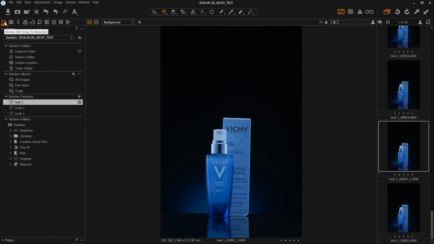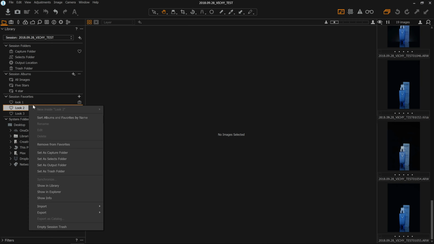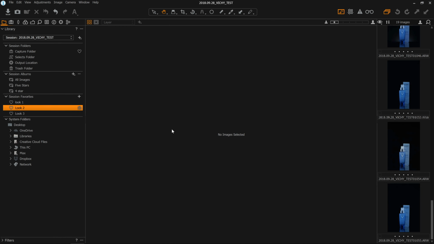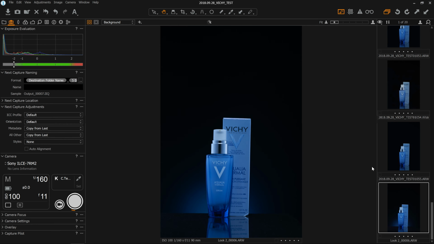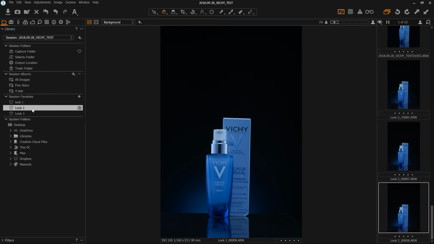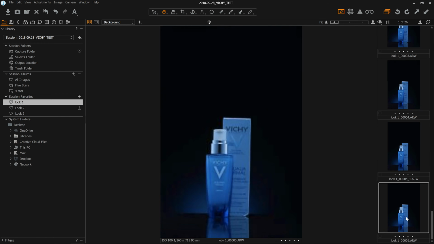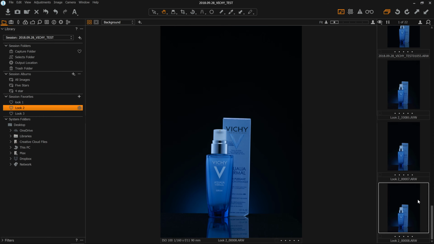But if we change to our next look, let's say we're now moving on to the next shot, we right click on that, go Set as Capture Folder and do the same thing. So I'll just capture 2, 3 images with this painfully slow tethering, and we can see again they start to come in. The interesting thing to note here, though, is even though we've changed our capture folder, the digit counter at the end is still going from what we had in look 1. So if we go back to look 1, we'll see the last one was 05,